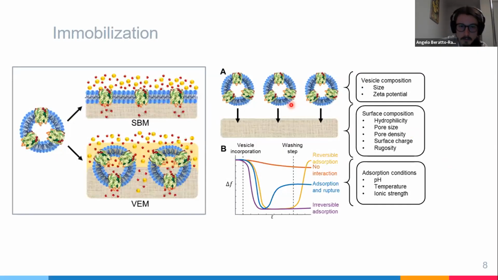Now, the immobilization step consists of other strategies we use to adhere the vesicles onto the porous substrate to form the biomimetic layer. This includes both the functionalization of the porous substrate and vesicles in order to increase this affinity, or the covering of the biomimetic layer in order to protect it, or to create a more dense superficial rejection layer. I'm not going to talk too deeply about this step because until today I still haven't had a chance to work with it, but it's important to monitor the vesicle size, distribution, composition, and the physical and chemical properties of the porous support.